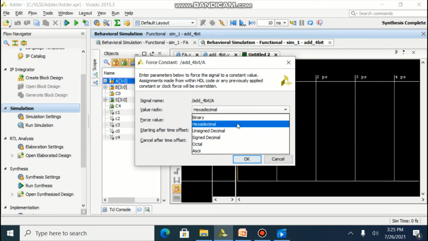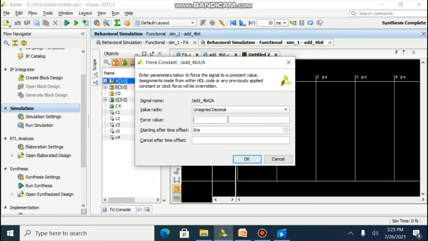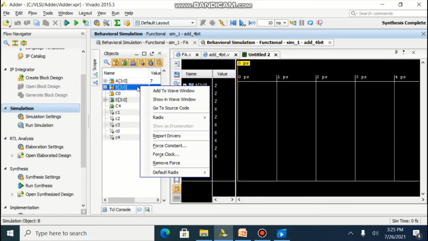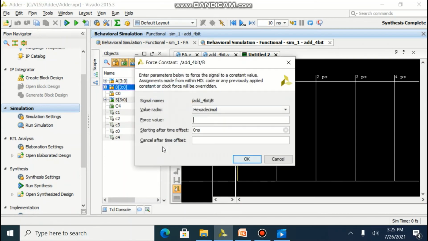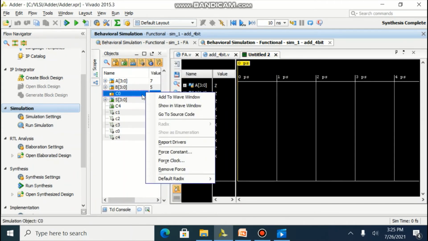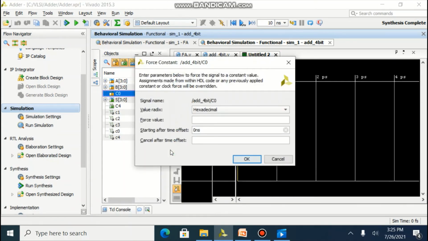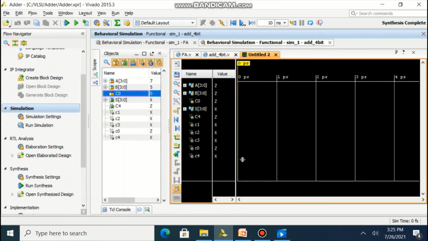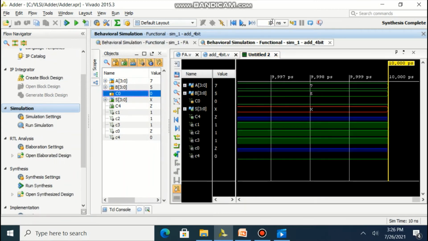We will select unsigned decimal over here. Force each and every input in our simulation for 10 nanoseconds.